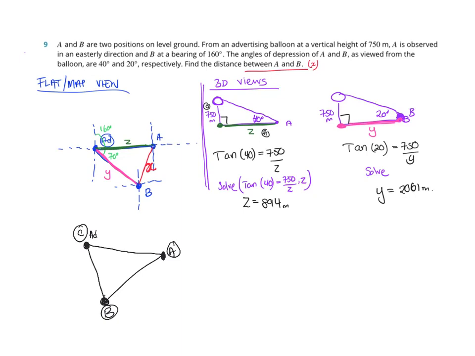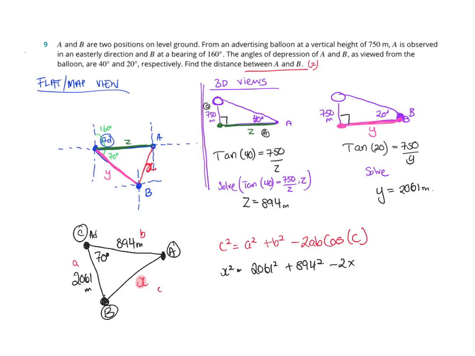Now I know this is Z, which is 894 meters. I know this is 70 degrees, and this one's Y, which I know is 2061 meters. So I'm trying to find X here, which would be little c in my case. So this is little b, little a, so I can use the cosine rule, which was c squared equals a squared plus b squared minus 2ab cos C. And you can see I've got everything else there, so I can say x squared equals 2061 squared plus 894 squared minus 2 times